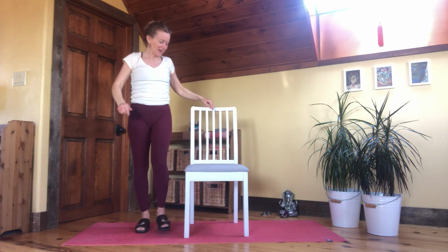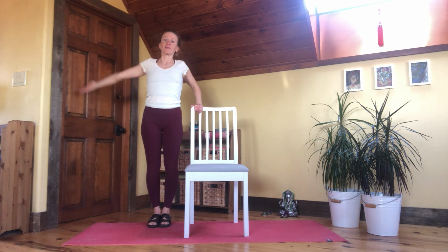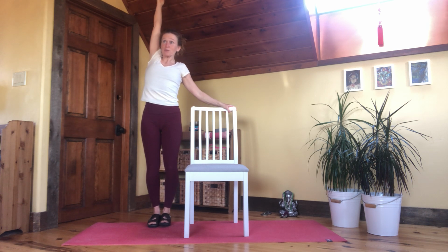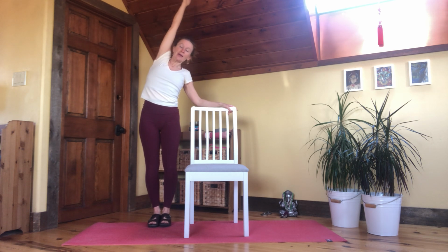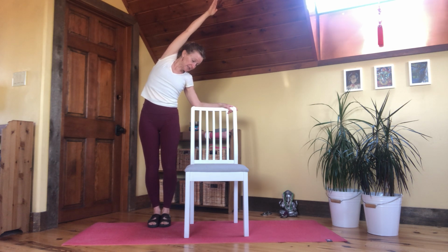And from here, we're going to come to standing and come to the right side of your chair and take your left hand onto the backrest of the chair. And take the right arm up towards the sky and lift it all the way up, and maybe we'll stay here in a nice big elongation with our arm just straight up. Maybe we'll sink it over to the side, and maybe for more grounding we'll take the gaze down onto the chair. You can bend your knees slightly to stay grounded where you are,